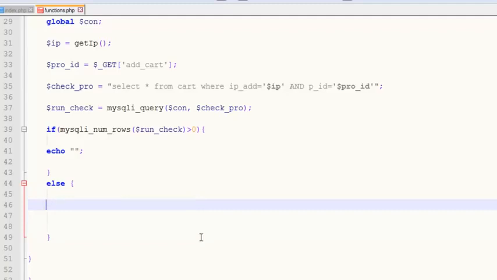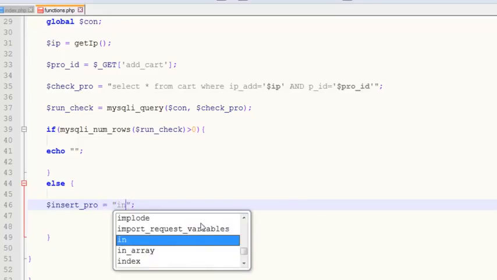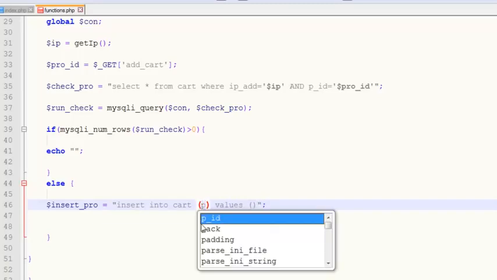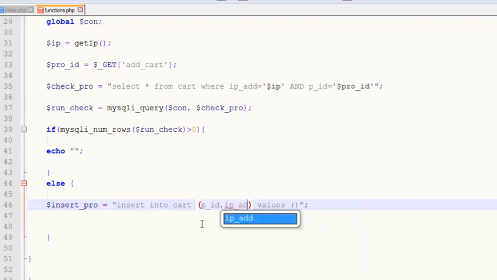We will simply say insert_pro is equal to, so we will write a query, insert into cart, the field names will be p_id and ip_address, and values, of course, values which are coming,